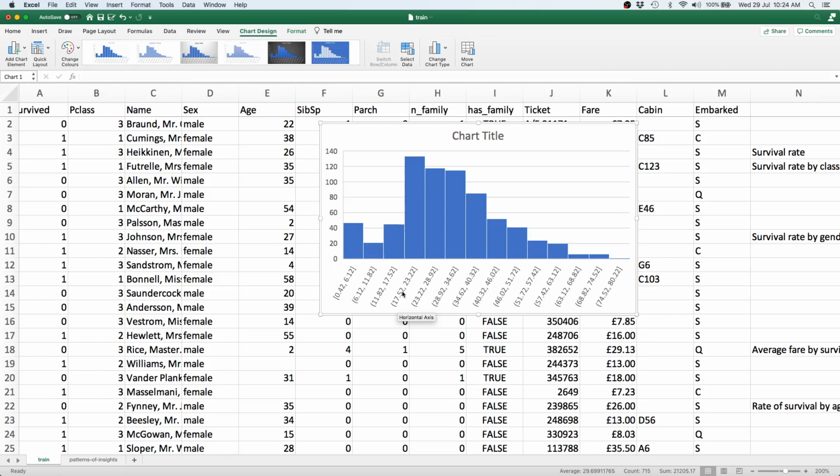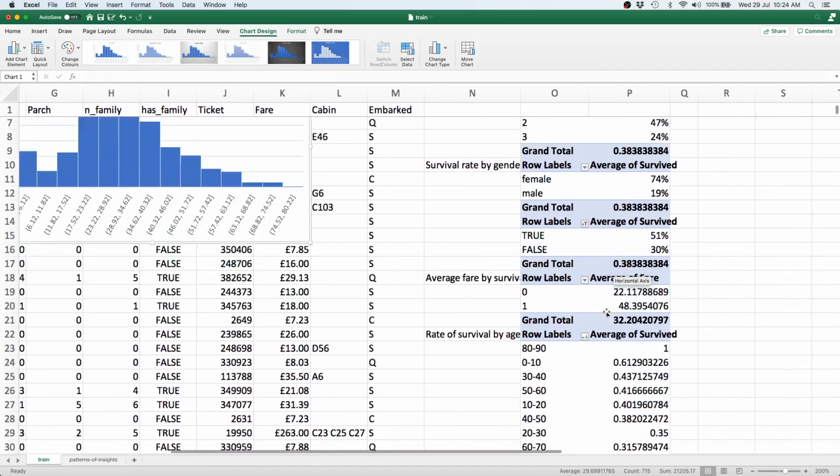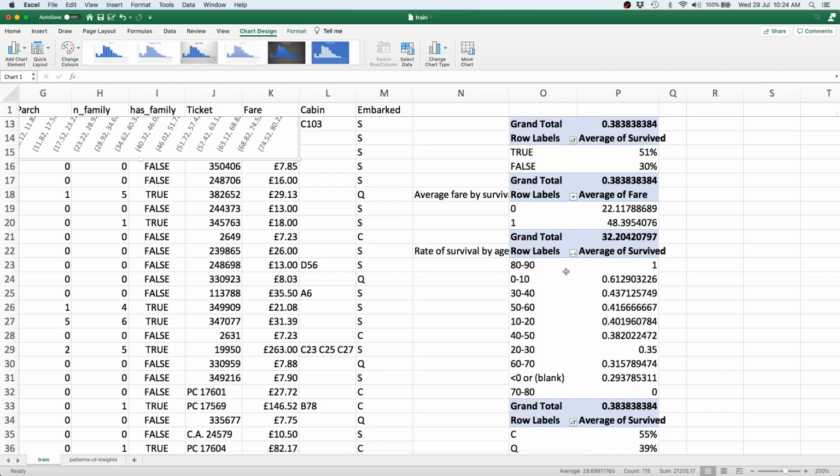So most people were actually between the age of 17 and a half and 23 years. We had quite a few people who are below 6 years of age, and we had very few people above 63 years of age. We see that we have less than 10 people who are above 63 years of age. Since we have so few old people, it's one of the reasons why the survival rate of senior citizens over here is so high.